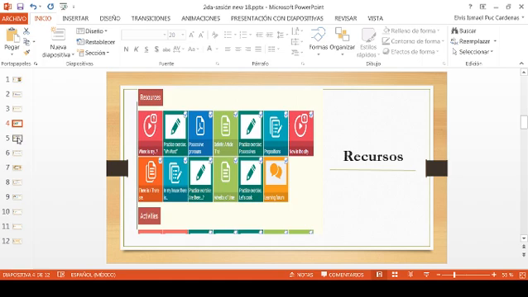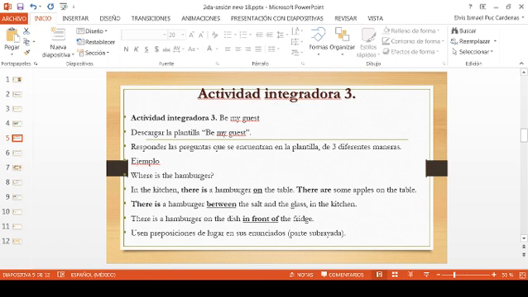Once you have checked the resources, then you can go to the integration task number 3. What are you going to do in the integration task number 3, activity 3? Be My Guest. Download the document Be My Guest and answer the questions that we have in that document. But remember to use 3 different ways